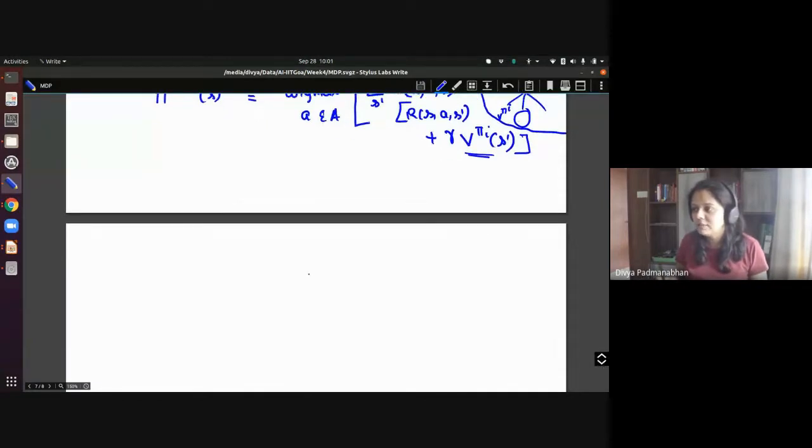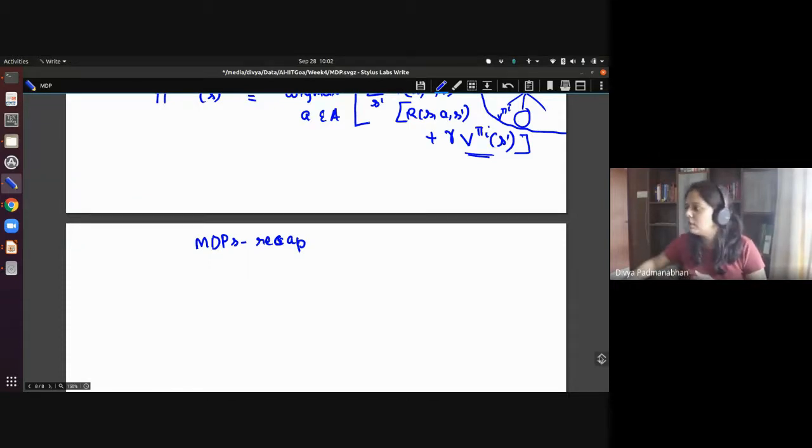So what we did was MDPs, and we had states, we had actions, and we had transitions and rewards. I'm just doing a recap. Each of the transitions has some probabilities. From a state, you take an action, and the next state is not known with full certainty. There's some probability, and there is a reward that you get. And your goal is to maximize the long-term rewards, right?